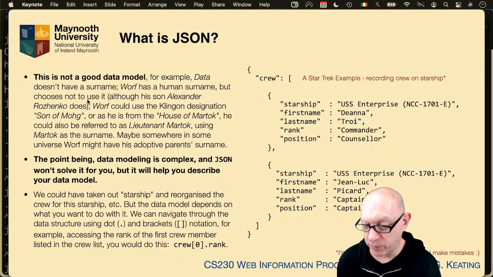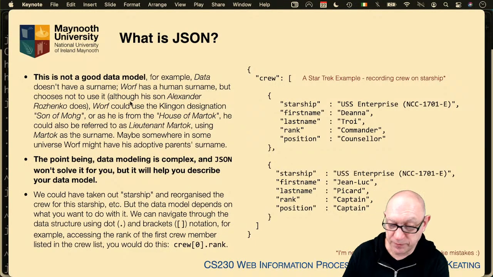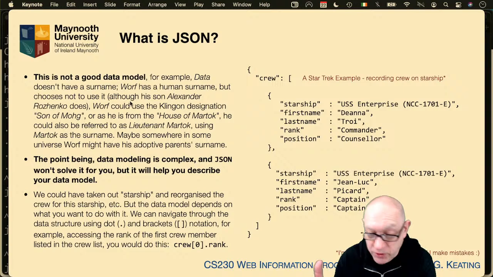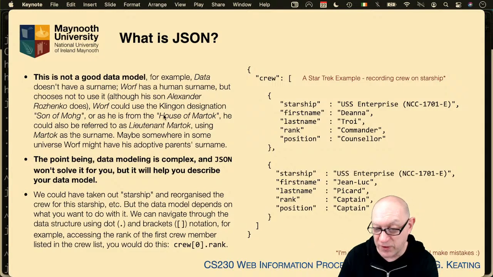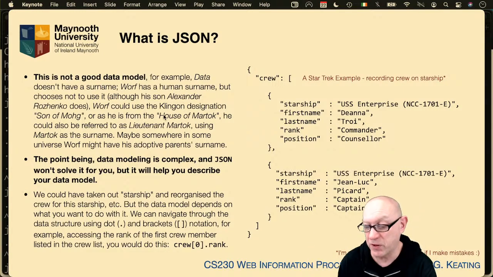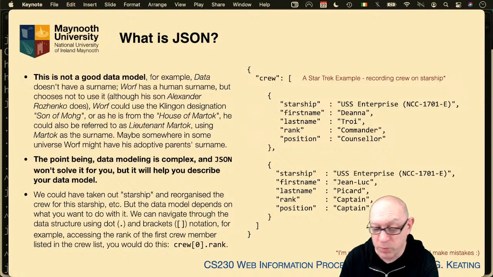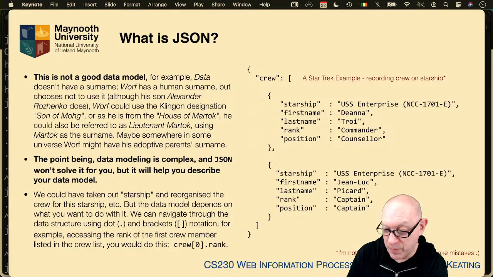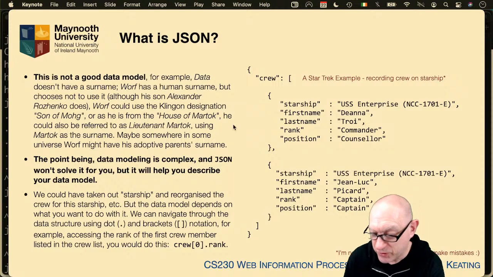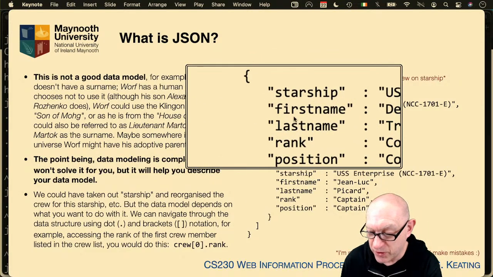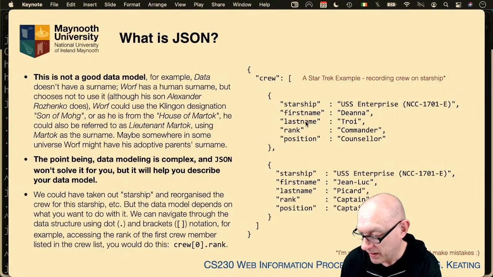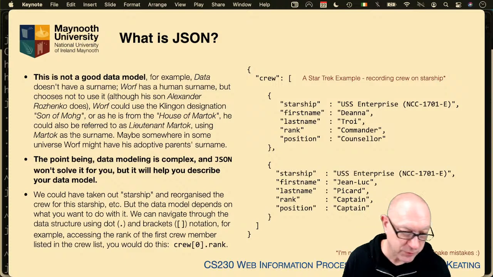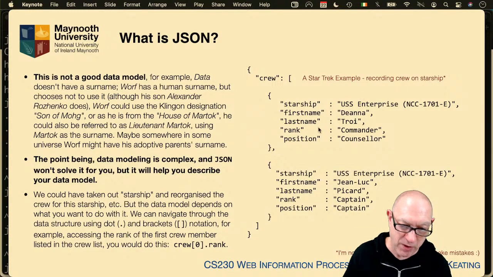And Worf, for example, has a human surname, but he doesn't use it. His son, Alexander, does. Worf could also use his Klingon designation, son of Mogh, because he's from the House of Martok. But he could also be referred to as Lieutenant Martok, if you want to use Martok as a surname. Somewhere in the universe, Worf might use his adoptive parent's surname as well, unlikely. Apart from letting you know that I'm a bit of a Star Trek nerd,